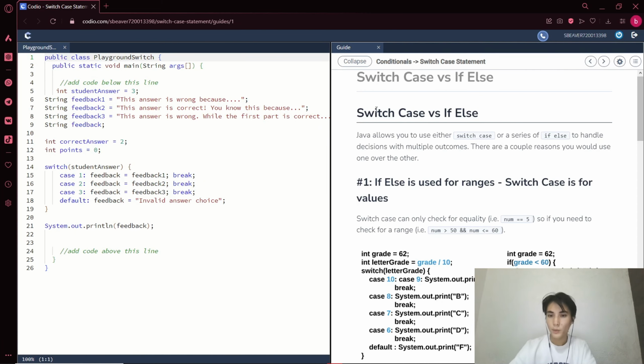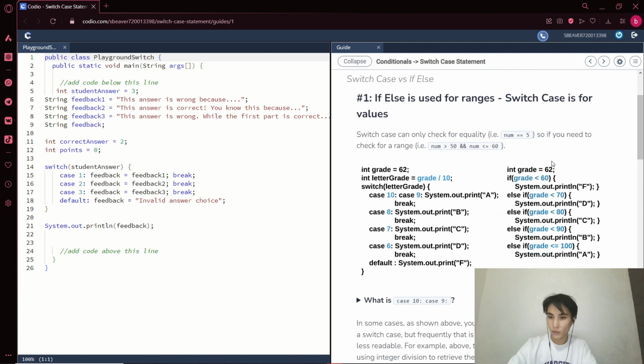So what's the difference between switch case and if-else? Java allows you to use either switch case or a series of if-else to handle decisions with multiple outcomes. There are a couple of reasons why you would use one over the other. First reason, if-else is used for ranges, switch case is for values. Switch case only checks for equality, so if you need to check for a range,